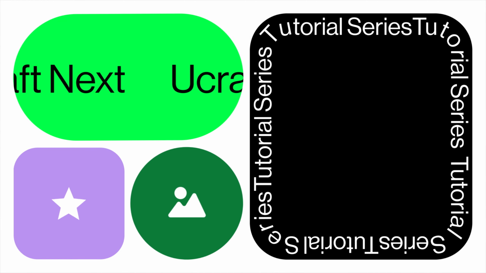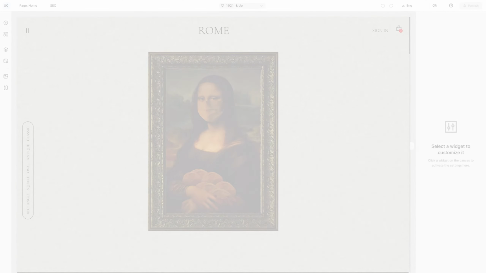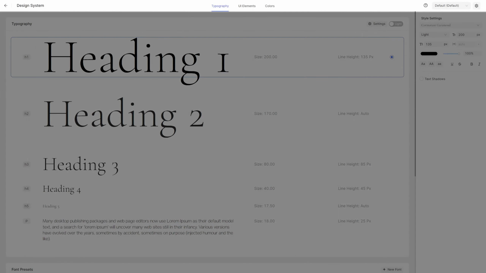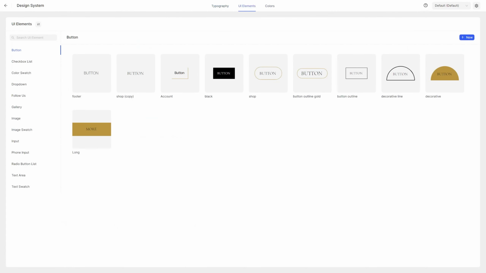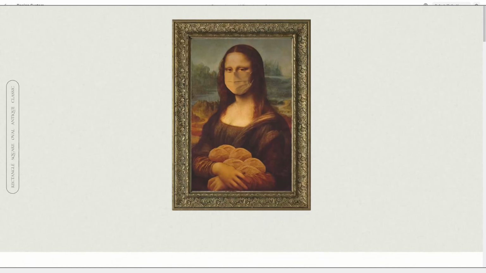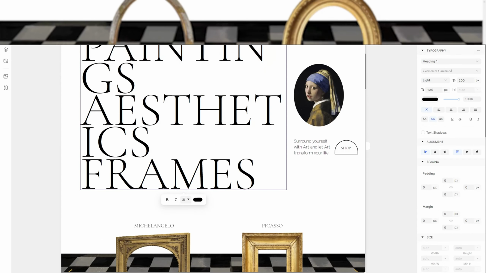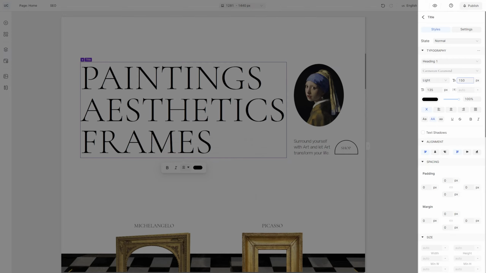In this video, we cover the design system and endless opportunities it opens up for achieving effortless web design. In Ucraft Next, the design system automatically pulls together complementary colors, UI elements, and presets. As you set your preferred design scheme, you'll see how it's synchronized and applied to all widgets across the pages. But don't worry, you can always make some tweaks to the styles you choose from the Properties panel down the